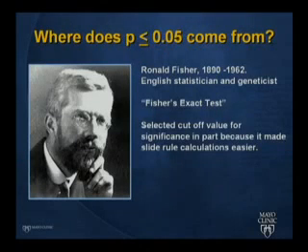Well, it comes from Professor Ronald Fisher, who was one of the most eminent and influential biostatisticians of all time. He was also a famous geneticist. He was a polymath who worked in 2 different fields. And he's the one that developed Fisher's exact test, and there's many other tests in biostatistics that are named after him. And he selected this arbitrary cutoff value because in the early 20th century, it made it easier to do